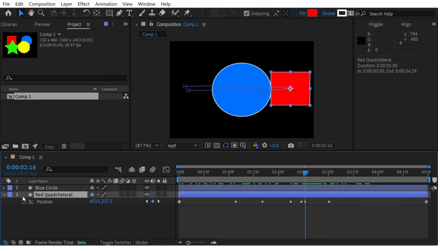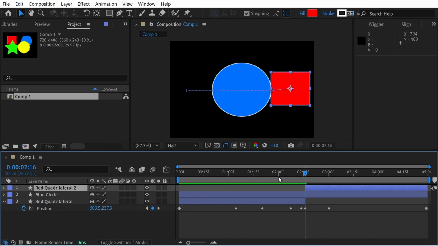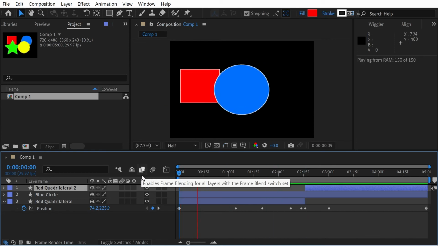And to do so is actually pretty straightforward. We can just press Control Shift and D. What that does is it duplicates the layer. And so from this point on, we want it to be in front. So all we have to do is just drag this layer up, and that is basically it. So you see it goes